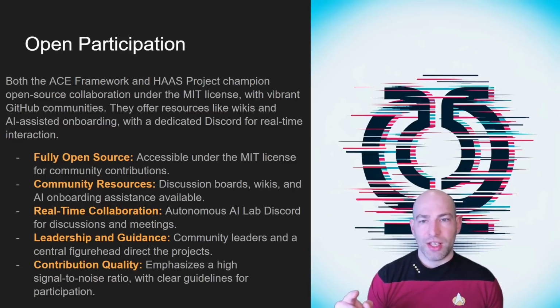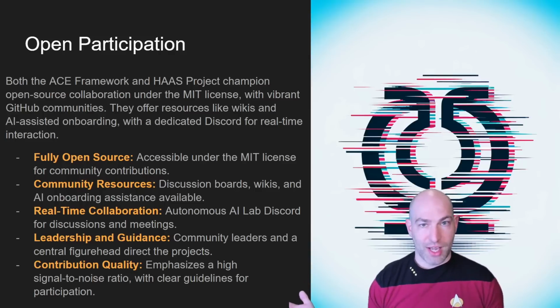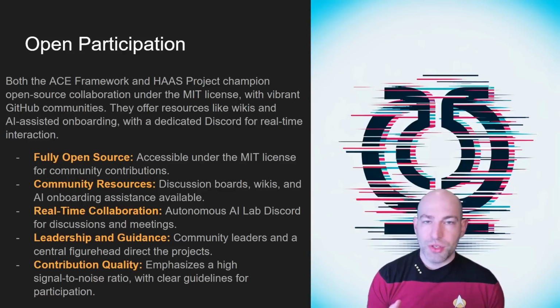It is the Autonomous AI Lab, and it is the Discord server for both the ACE framework and the Hos project. And there's also a robotic platform one called the Open Murphy project. Murphy stands for Multi-Use Robotic Platform Humanoid Intelligent Entity. So basically, we're trying to create the Nestor Class 5 eventually. So those are the three open source projects that I'm running, and one Discord to rule them all, and there are 3 repos, one for each.